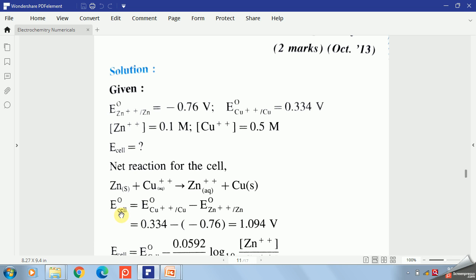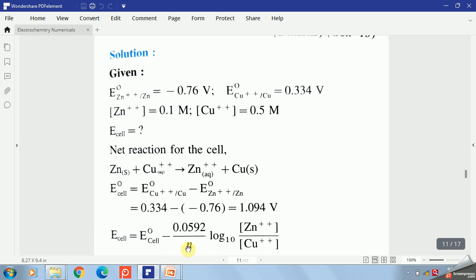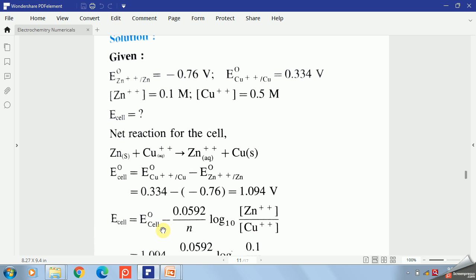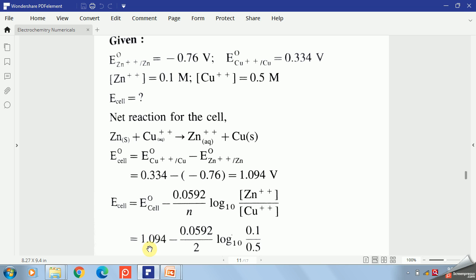But you have to calculate the EMF of the cell. E0 cell is the standard reduction potential of that cell, but there is some correction which is given in this second part, and it is subtracted from the standard reduction potential of that cell. So E0 cell minus 0.0592 divided by n log of concentration of Zn2+ into concentration of Cu solid, which is 1, divided by concentration of Cu2+ into concentration of Zn, which is 1. They are not written here because they are in solid state. So substituting the values, E0 cell is 1.094